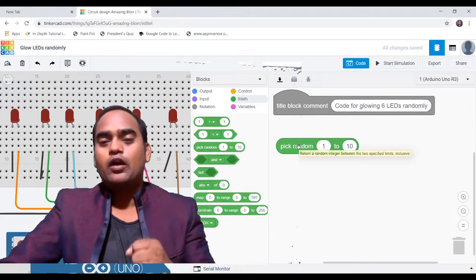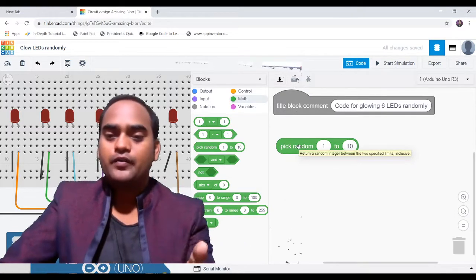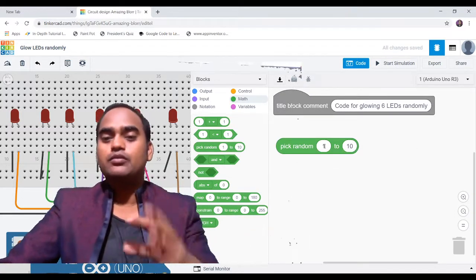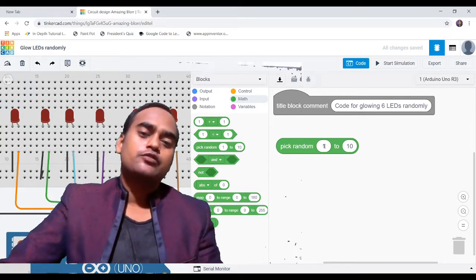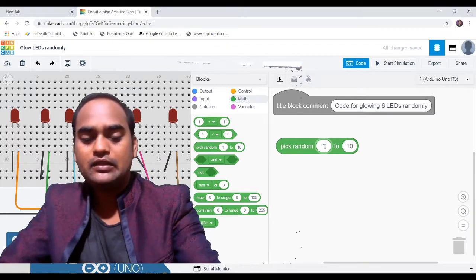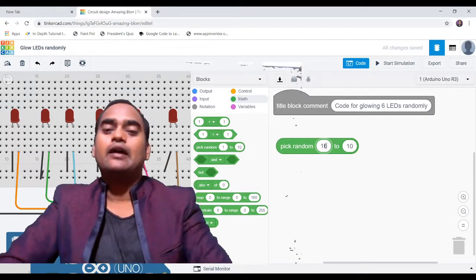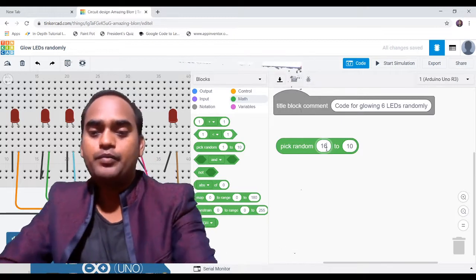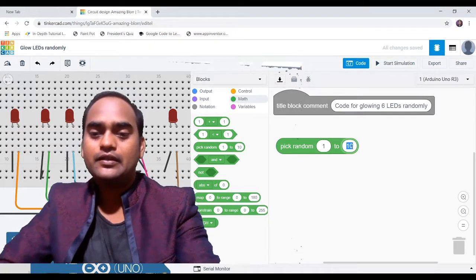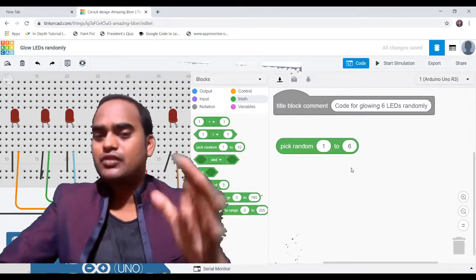This block will generate any number between the two given numbers, including the two numbers given here. So instead of 1 and 10, I will give the numbers 1 and 6. I will tell the Arduino to generate any random number between 1 and 6, so that I can instruct the Arduino.